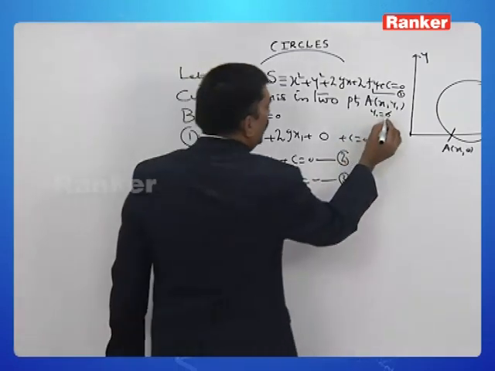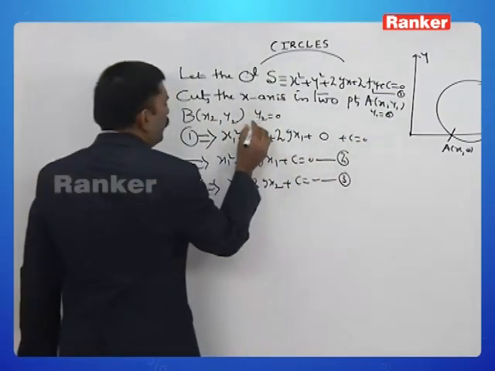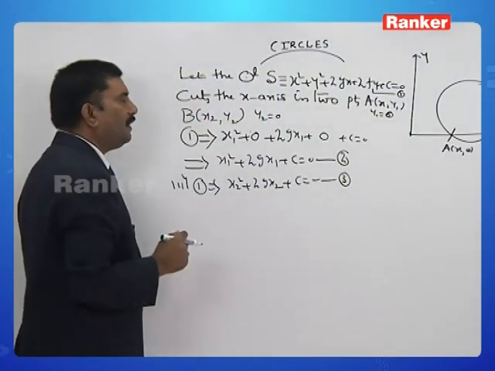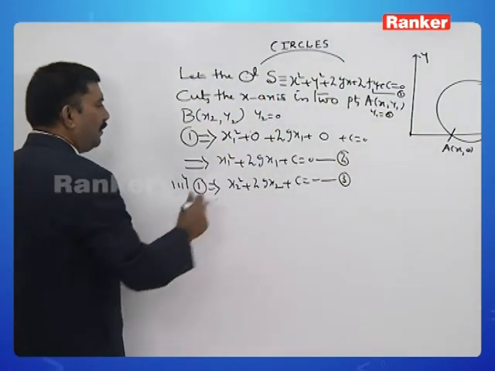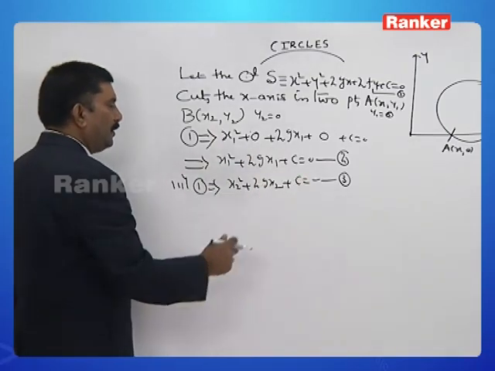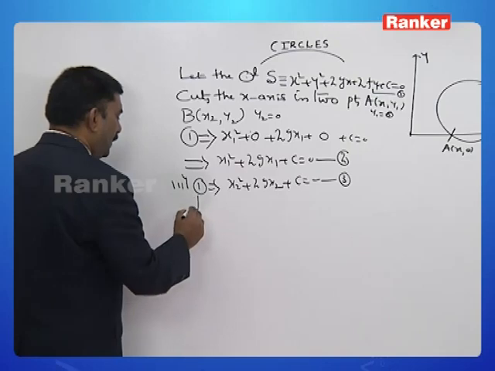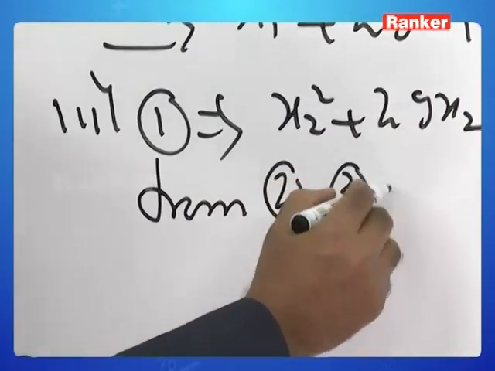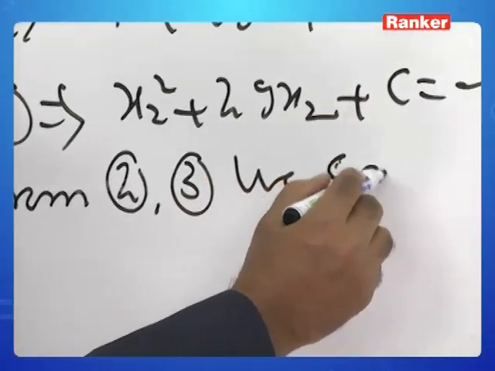Here we have taken y1 = 0 and y2 = 0 because these 2 points lie on the x-axis. Now from 2 and 3 you can very well observe